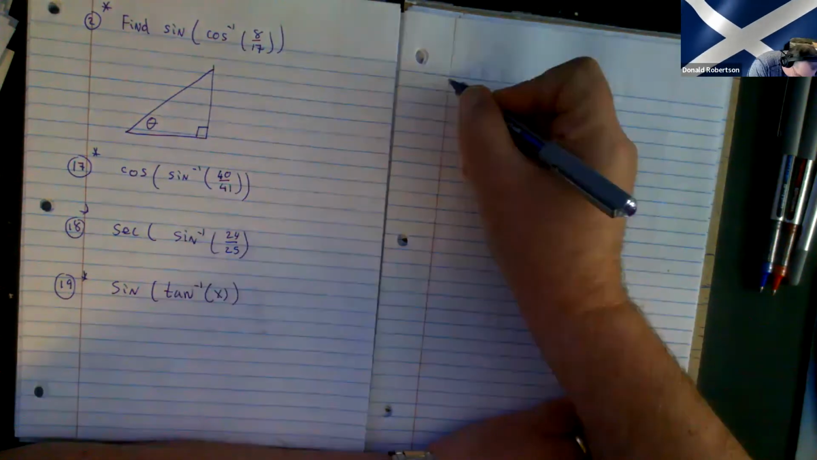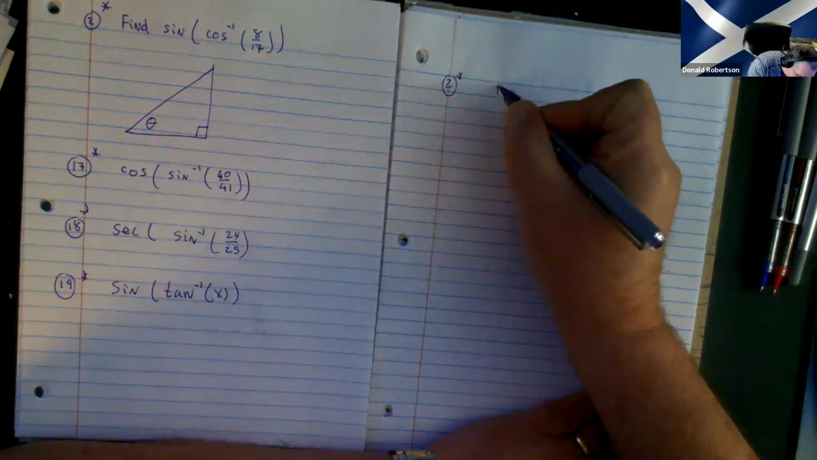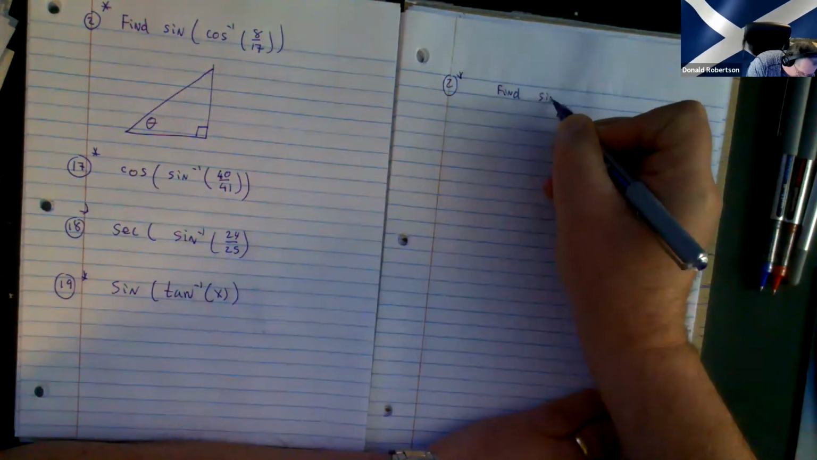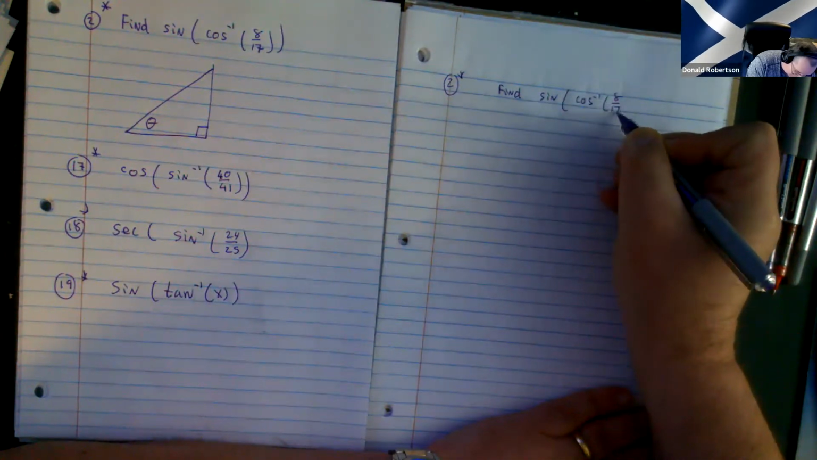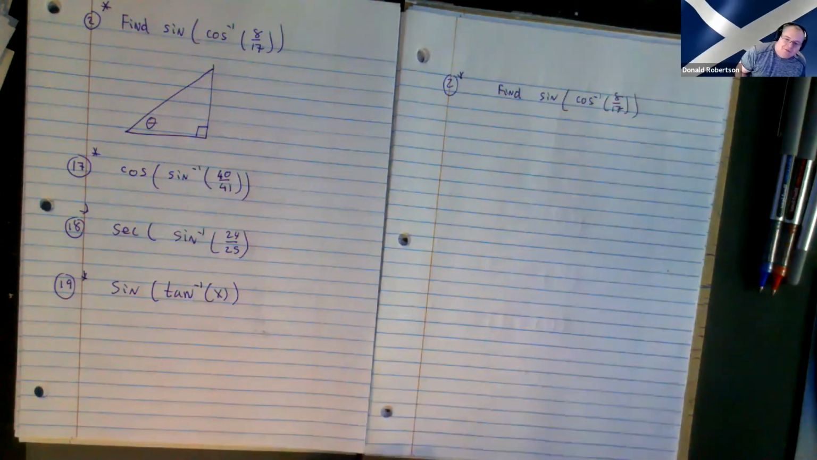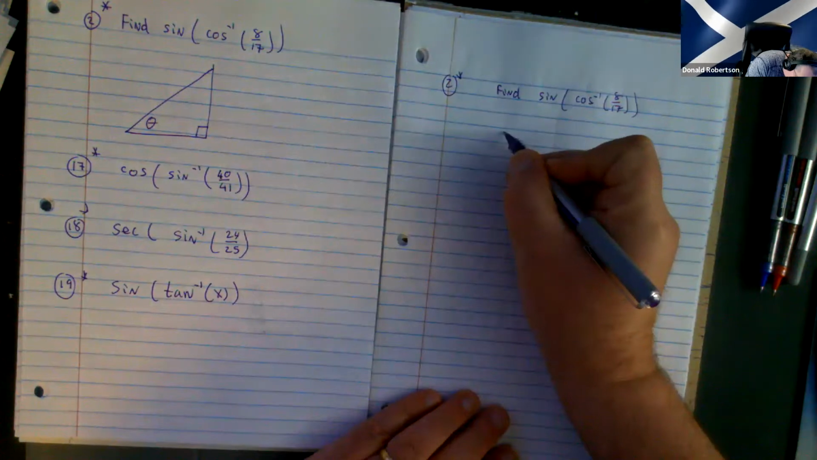So I'll start with the first one, question 2. We're being asked to find the exact value. I could just go into the calculator and type this in, but if I did, I'd get something like 0.1234. They don't want that. They want an exact value. So what you do is